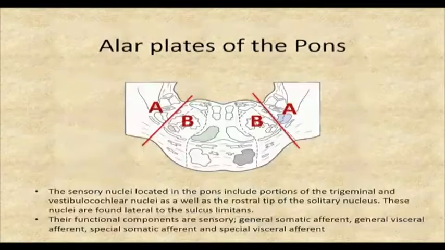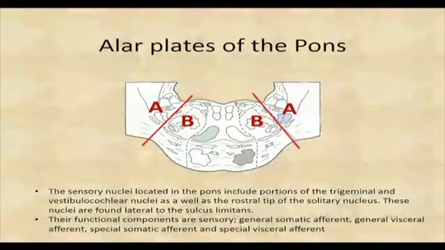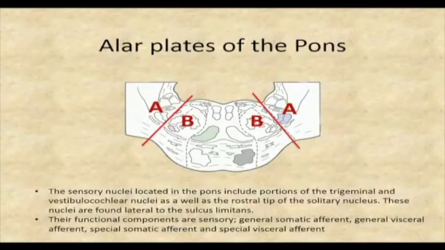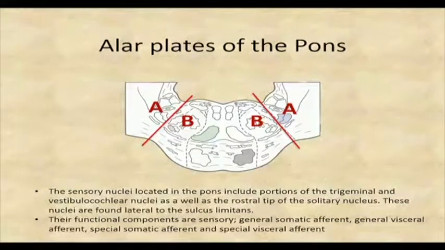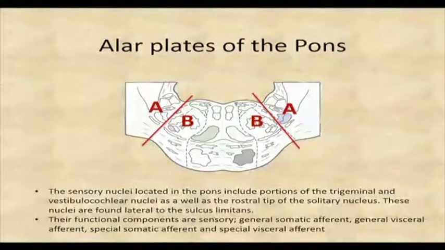Okay, there you go. The alar plates are going to have nuclei that you have already been introduced to: the trigeminal nucleus, because it goes almost throughout the whole brainstem, and also vestibular and cochlear nuclei, okay? The rostral tip of the solitary nucleus, which we talked about yesterday, is called the gustatory nucleus, and is also located in the caudal aspects of the pons, okay? And what was that gustatory nucleus responsible for? Taste, no matter what cranial nerve it came in on. It's going to end up at that nucleus. Okay? It started in the medulla, it ends in the pons, and facial, glossopharyngeal, and vagus all convey some taste. So those nuclei are around, the nerves are going to be leaving,